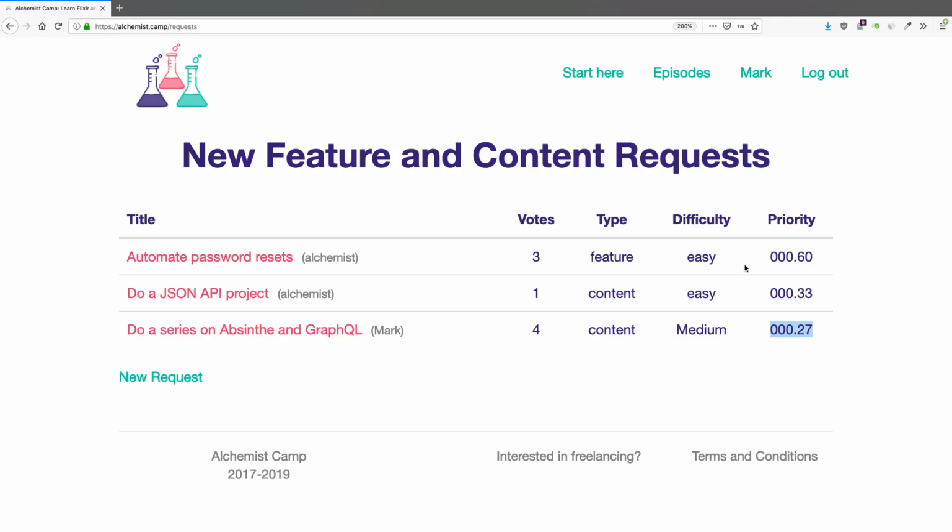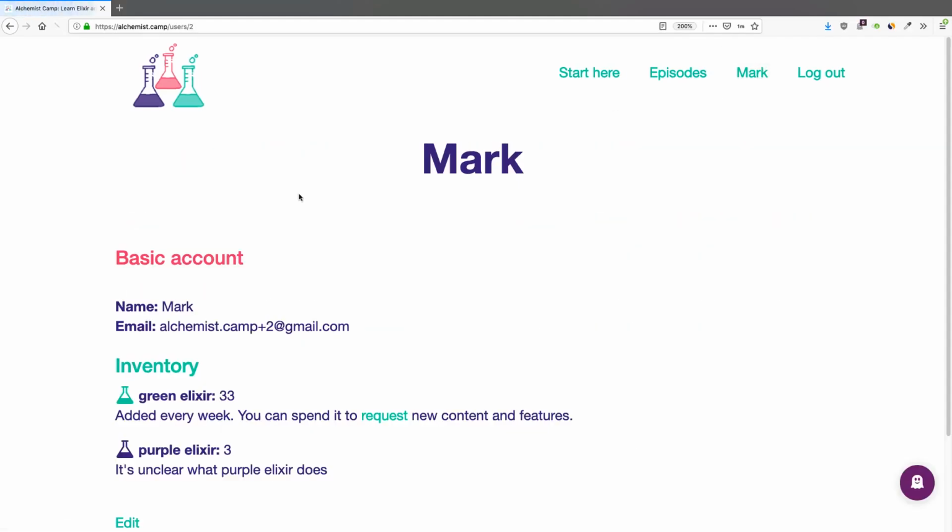And it's also possible that what you're asking is just way, way more work or time than I think is reasonable. And I might just close those as well. Although I might also just set the difficulty to very high, set the cost to 100 times more than a normal feature. And then, if it gets 100 times more upvotes than those other things, maybe I would work on it. So that's the plan. And if you've been wondering what that green elixir in your profile does, now you know. If you've been wondering why you should ever sign up for an account, if you have no intention of getting a premium membership, this is one more reason.